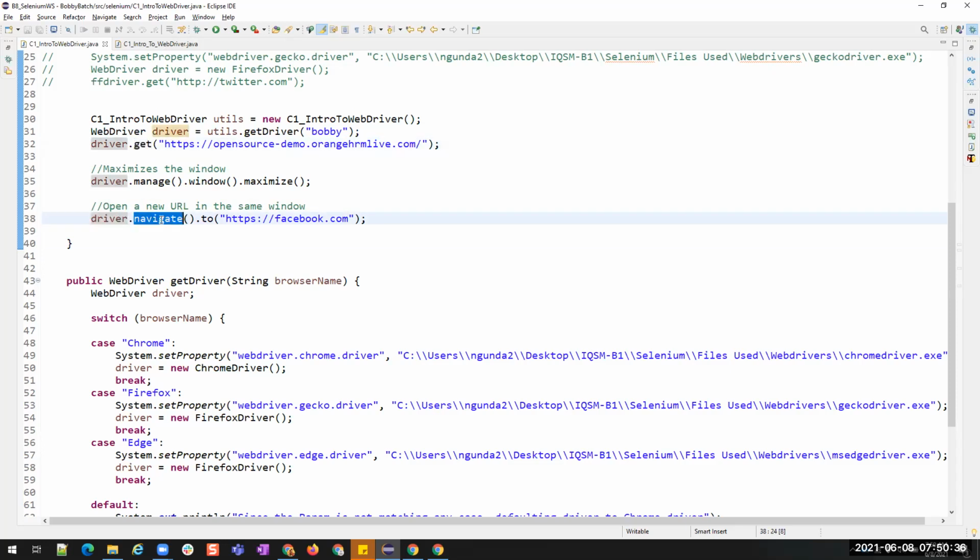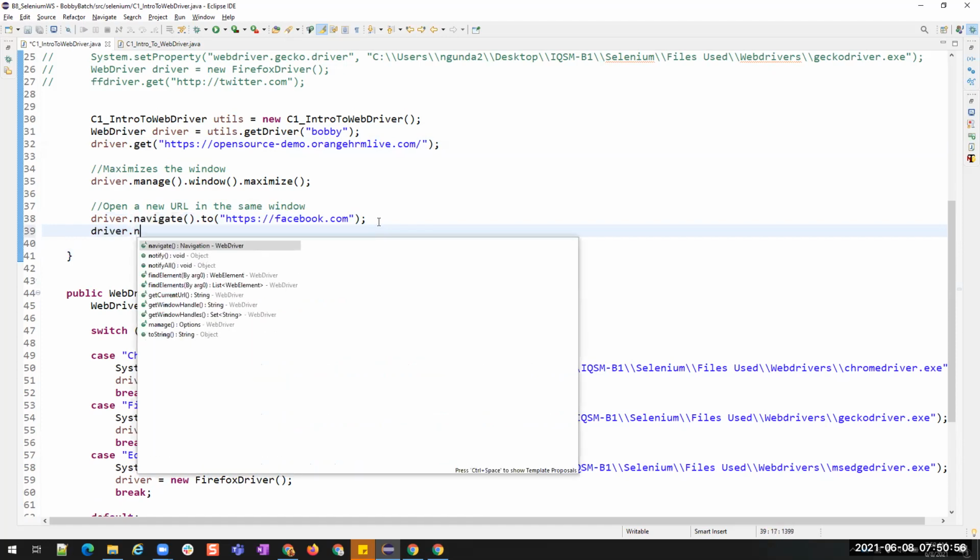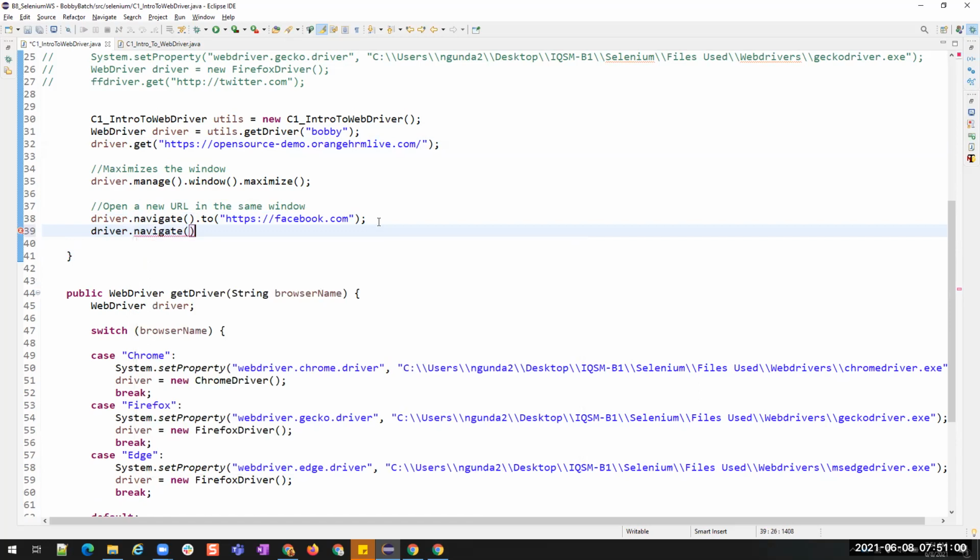Driver.get has only one functionality, that is opening a particular application using the URL. But the navigate method is given by the WebDriver interface, and it has some extra methods. Driver.navigate gives a navigation type of object.